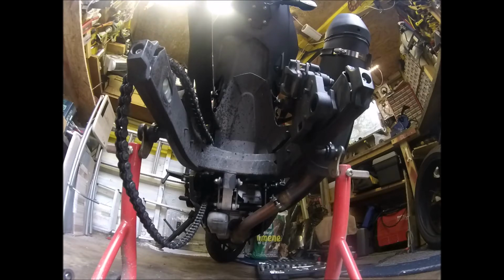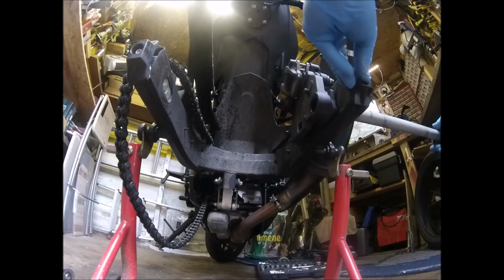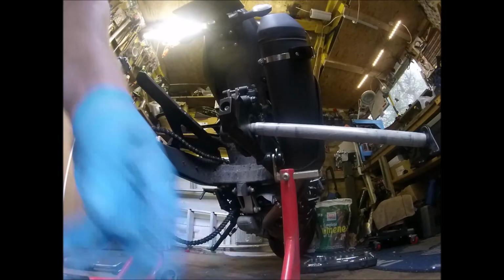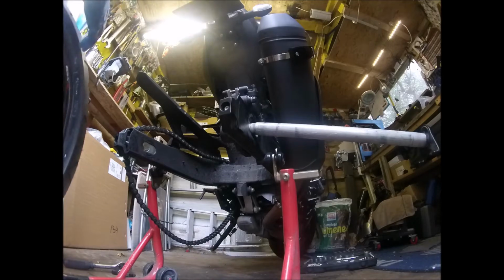And say the white grease is good stuff because it's water resistant and very high temperature resistant, so it stays on there quite nicely. So first thing is get the axle set, and then the faff is getting the disc in,